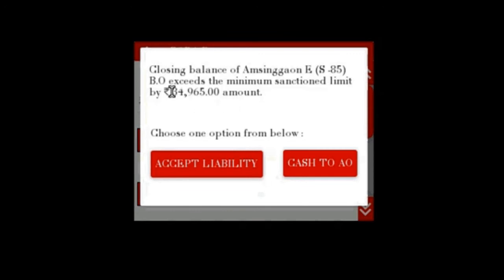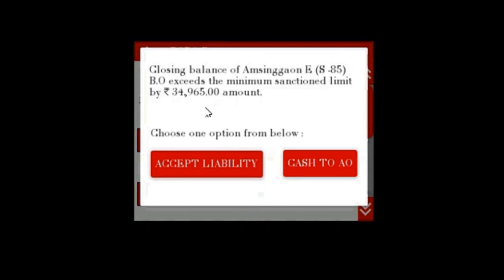That is, minimum balance of BO is 5,000. Today's total amount is 39,965. Now the device has shown 34,000 because the 5,000, that is the minimum balance, has to be kept with BO.